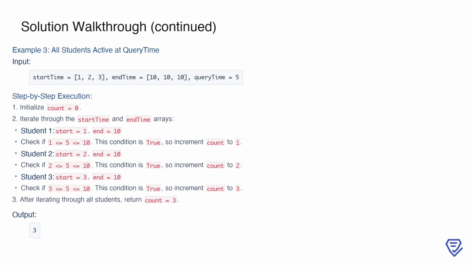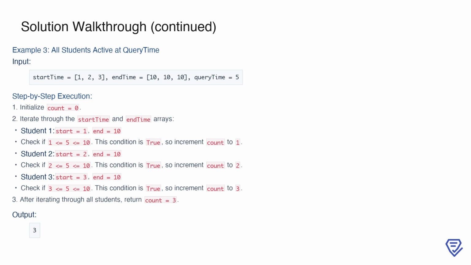For the first student, whose interval is from 1 to 10, the condition 1 <= 5 <= 10 is true, so we increment count to 1. For the second student, whose interval is from 2 to 10, the condition 2 <= 5 <= 10 is also true, so count becomes 2. Lastly, for the third student, whose interval is from 3 to 10, the condition 3 <= 5 <= 10 is true, so we increment count to 3. After iterating through all students, the final count is 3, which reflects that all 3 students were active during the